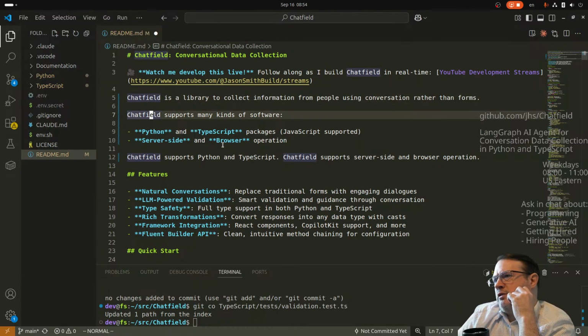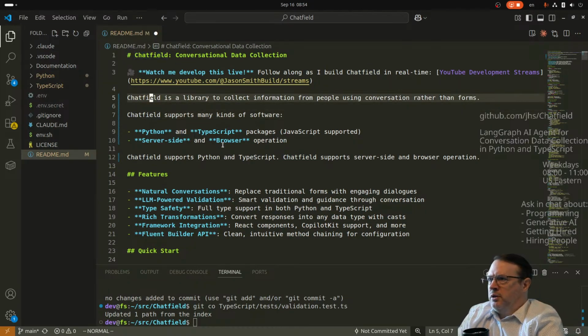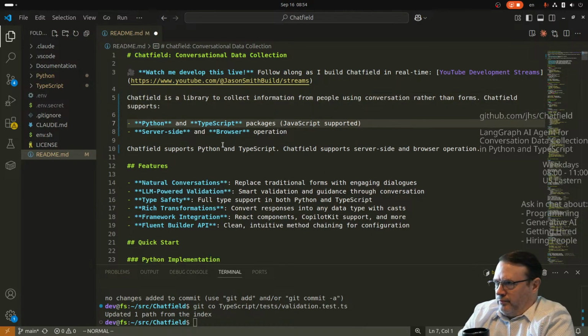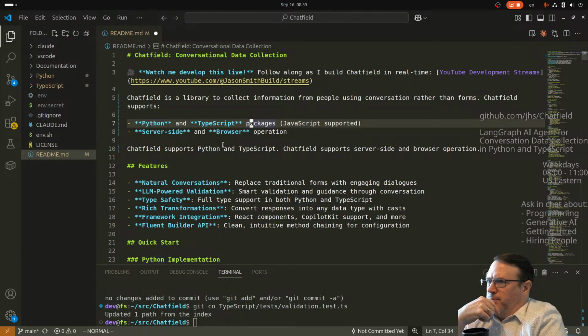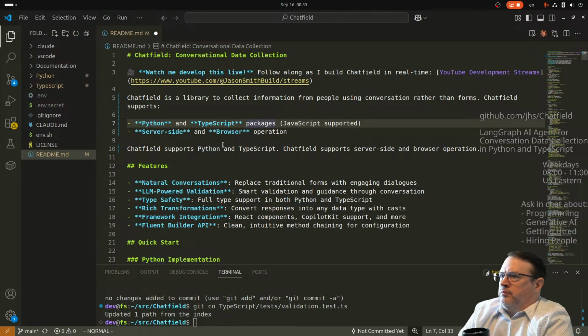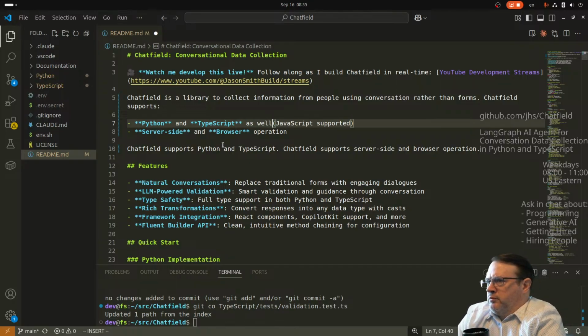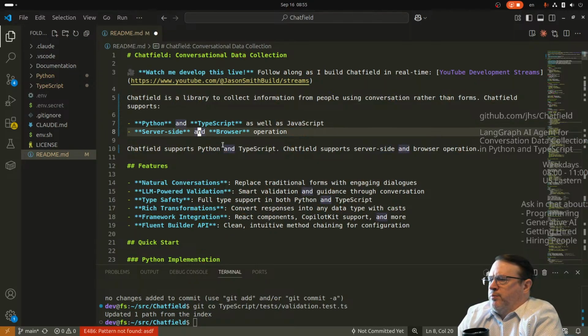Supports many kinds of software. Python and TypeScript. Fine. Python and TypeScript. Server and browser operation